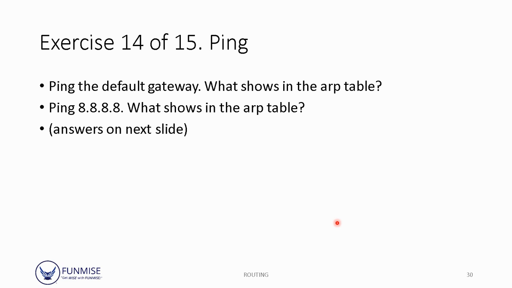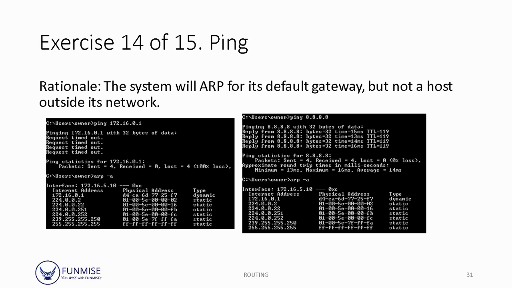Exercise 14 of 15, ping. In this case, we will ping the default gateway and notice what shows up in the ARP table. We will also ping 8.8.8.8 and notice what shows up in the ARP table. Now, as we'll notice here, we pinged the default gateway. Even though it didn't